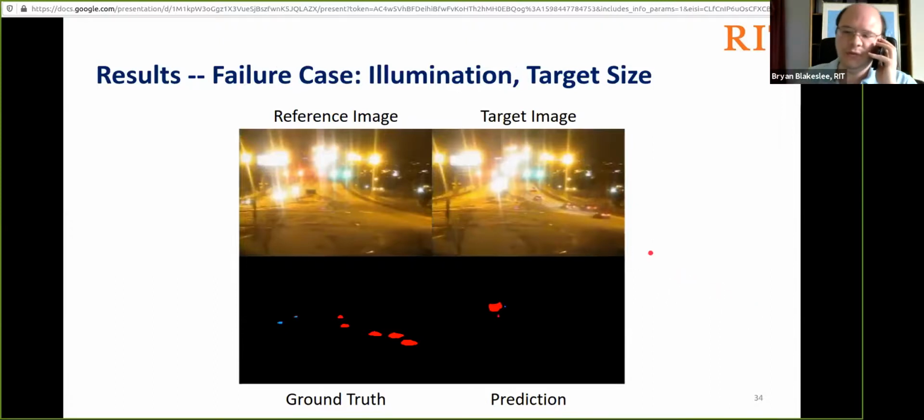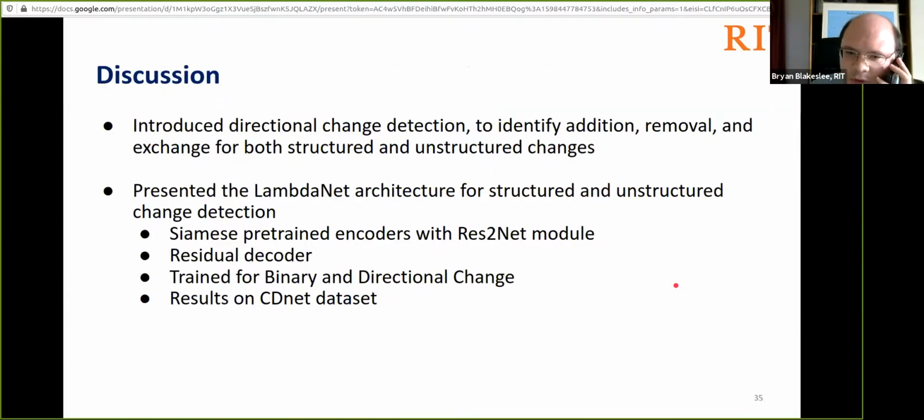One particular case where the network does not perform particularly well, however, is where you have really, really strong illumination or glare. You can see that because these cars here blend in so closely with the background, the network rejects them as significant changes. Meanwhile, this extremely bright flare from an oncoming car's headlights gets tagged as a significant change.